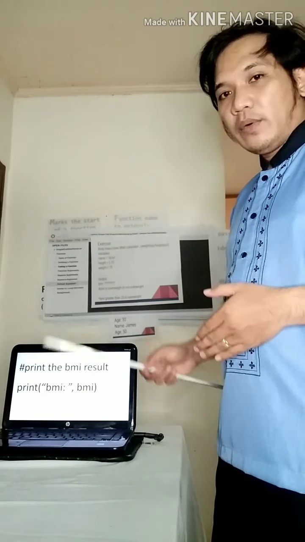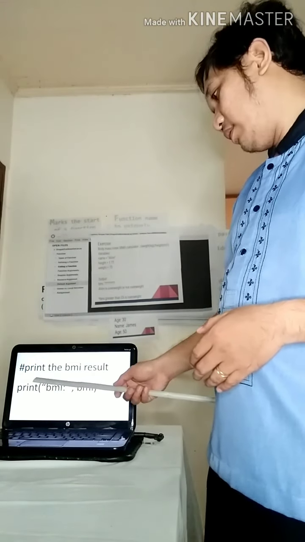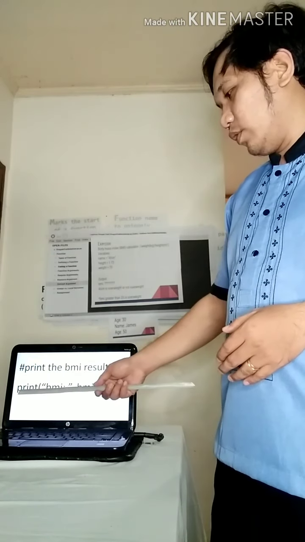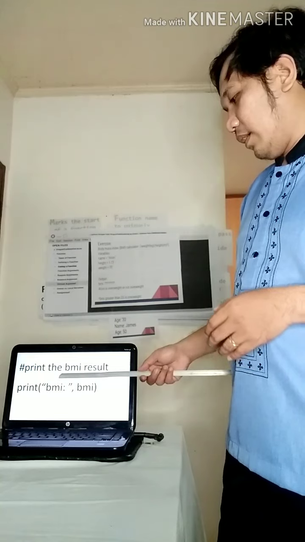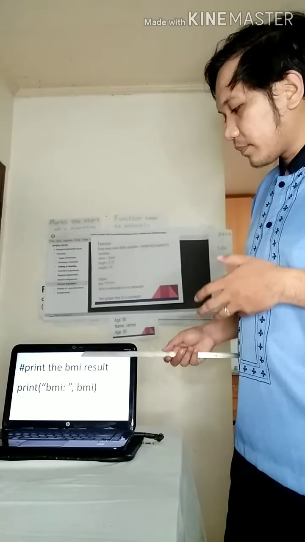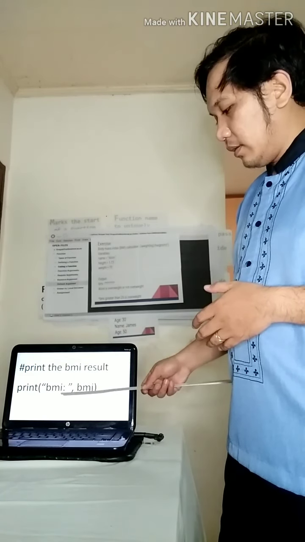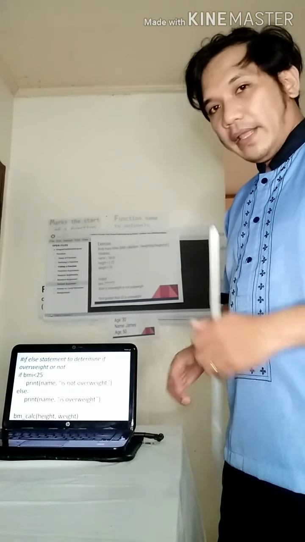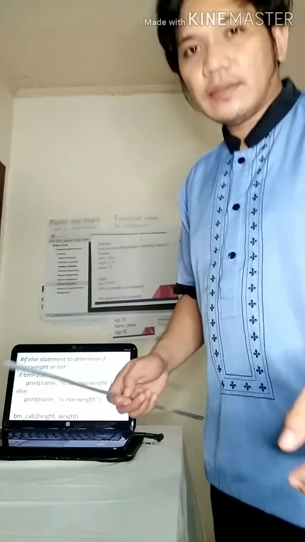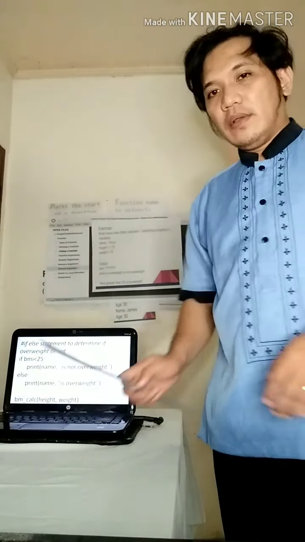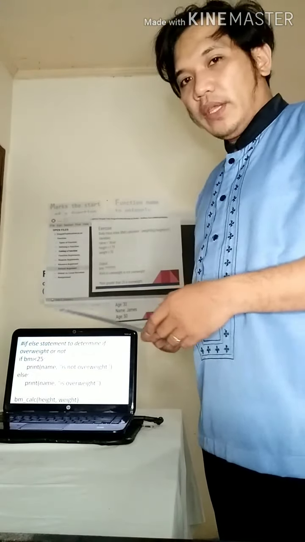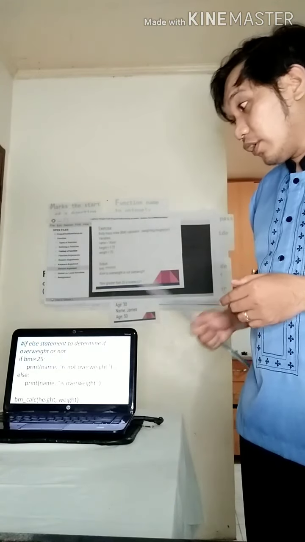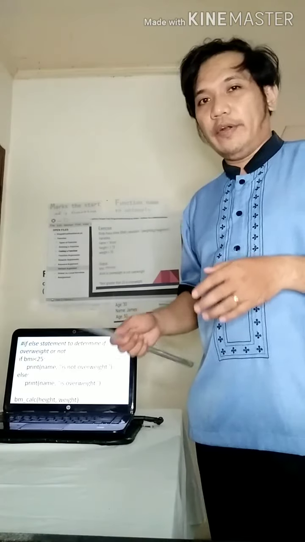Next line of our output is we print the BMI result. So print the string BMI plus the answer, or my BMI. Next we have an if-else statement to determine if I am overweight or not.